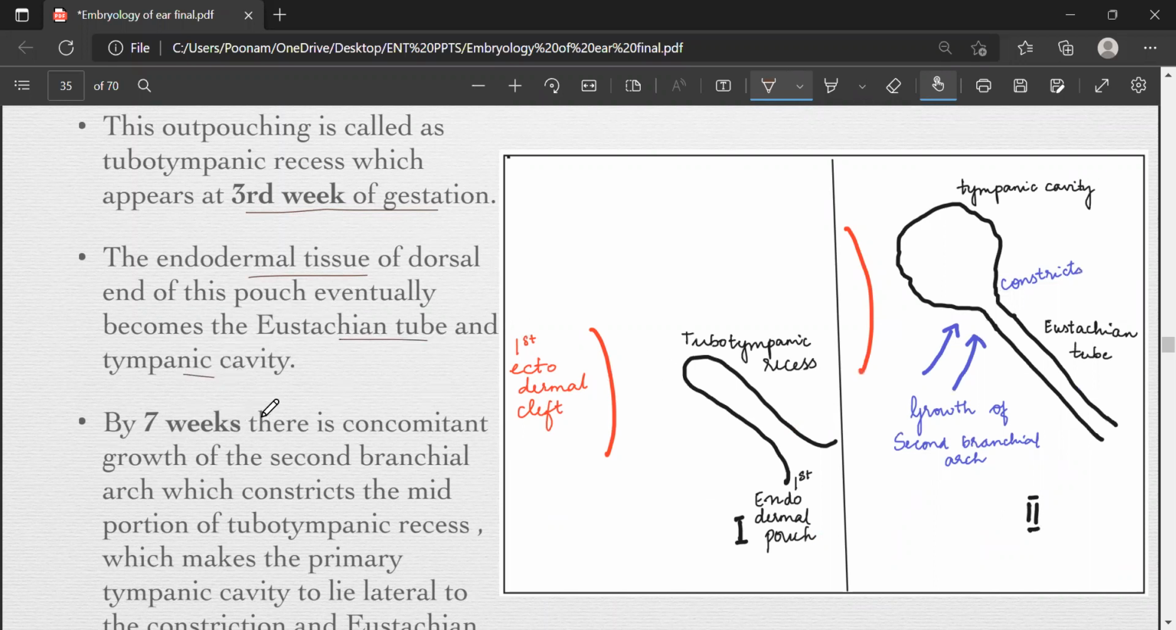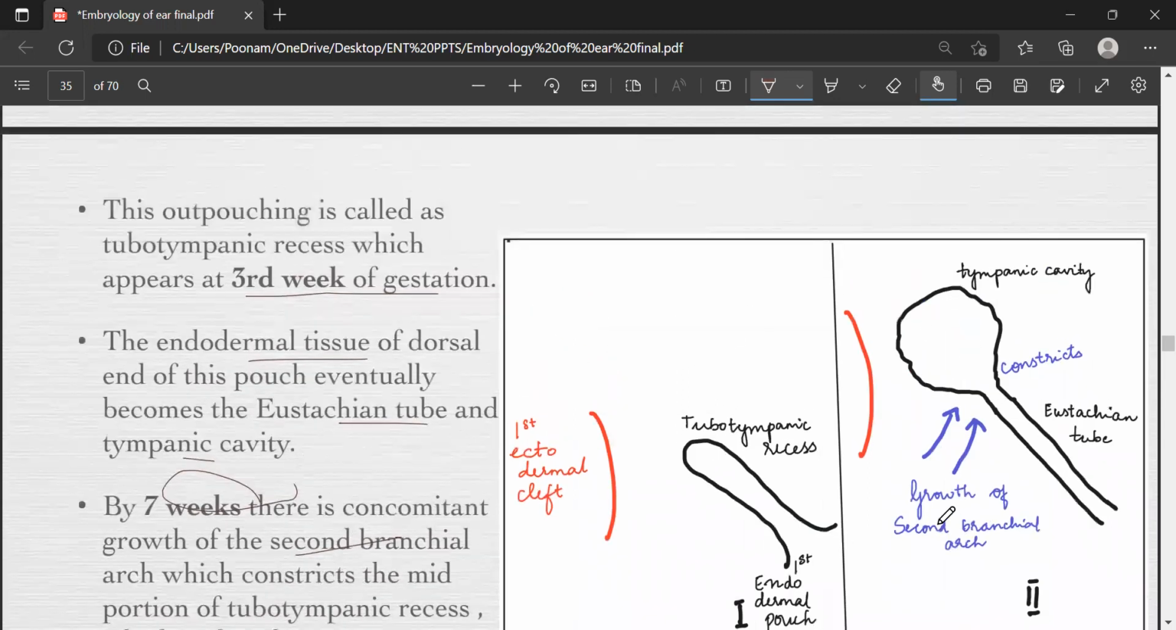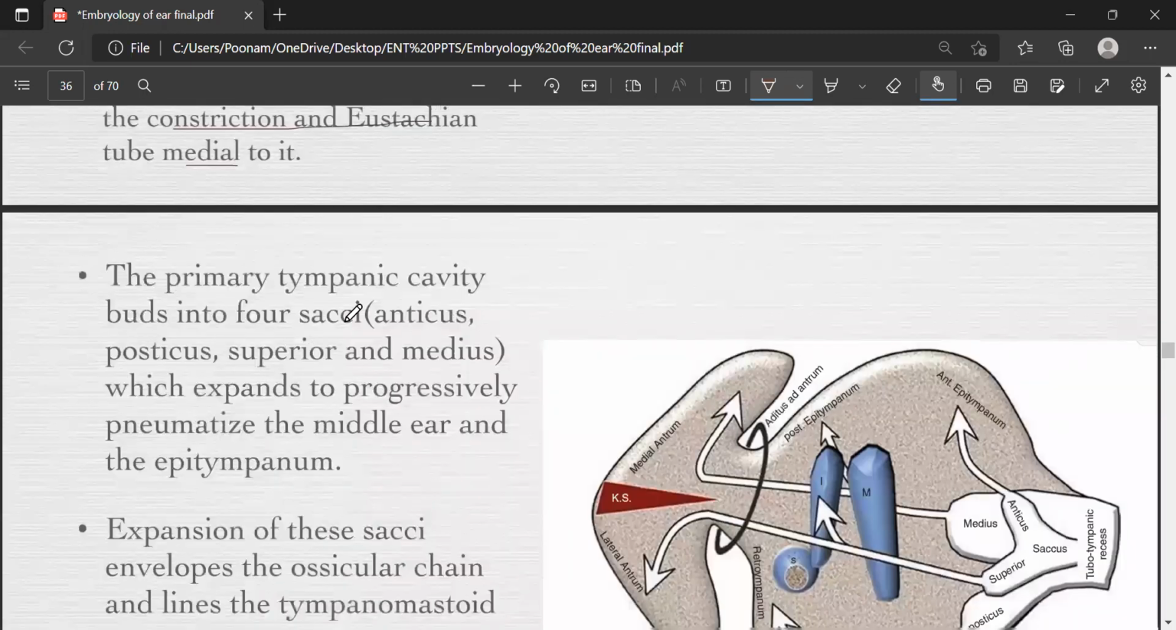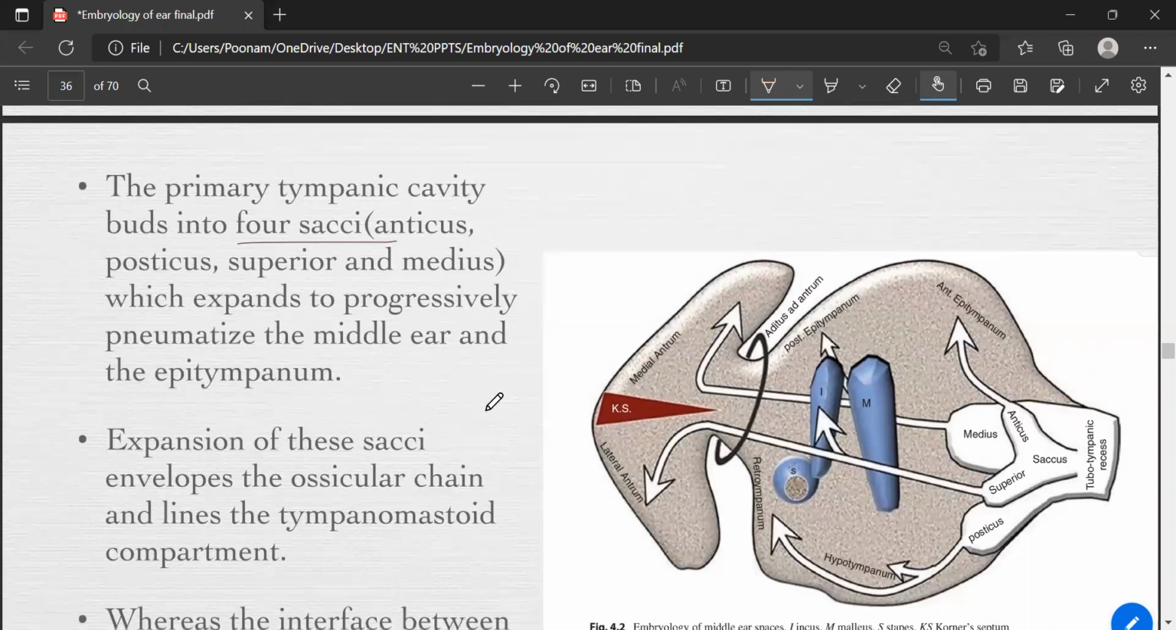By seventh week, there is a concomitant growth of the second branchial arch, which constricts the mid portion of the tubotympanic recess, which makes the primary tympanic cavity lie lateral to the constriction and the Eustachian tube. This has been shown in the photograph. The primary tympanic cavity buds into four sacci, which are respectively called the anticus, posticus, superior, and medius,